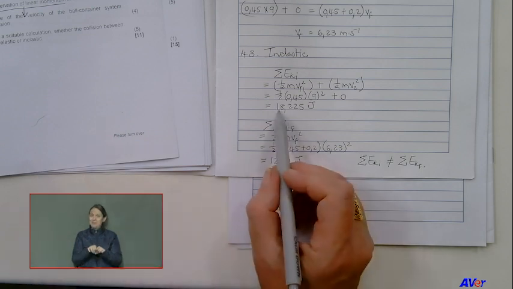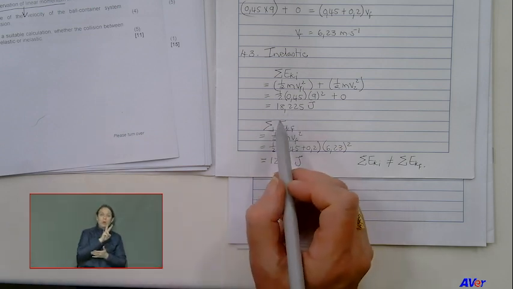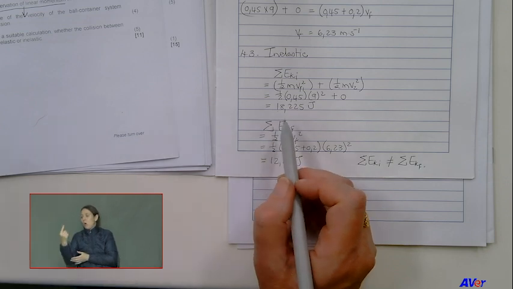So the one can't be 18,225 and the other one 18,125. Then they're not equal. They must be exactly equal for them to be equal and to be elastic. But if you want to guess inelastic, and you just guessed inelastic and didn't do a calculation, we're not going to award the mark, because they said, determined by means of a calculation. So you have to do a calculation, but elastic and inelastic, it's all about kinetic energy.